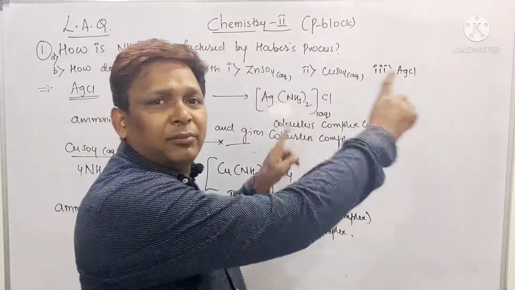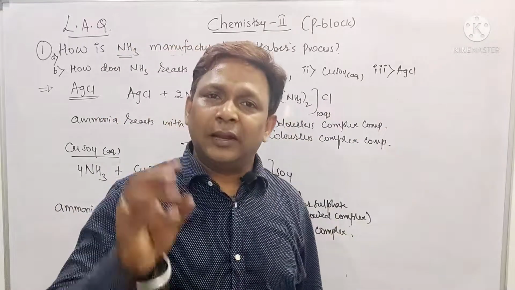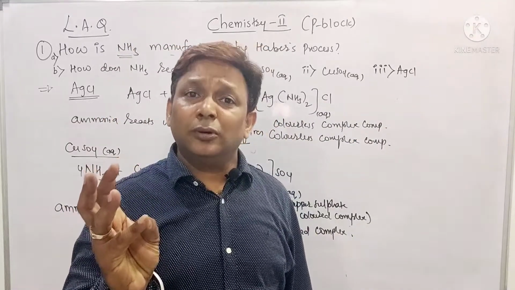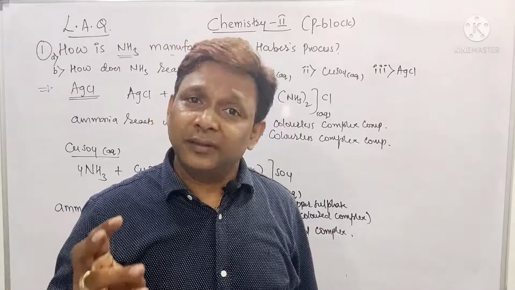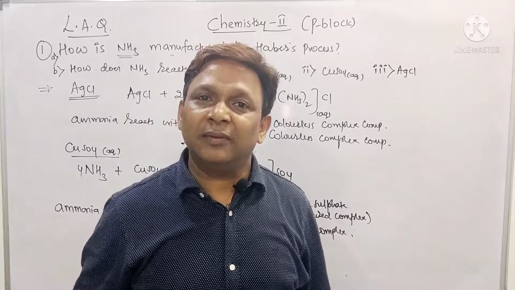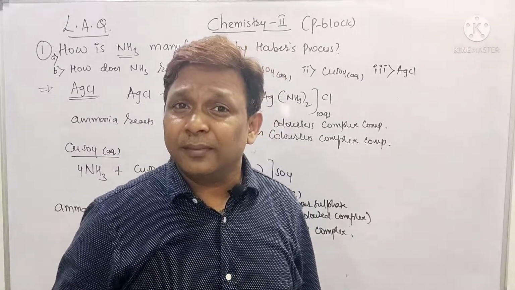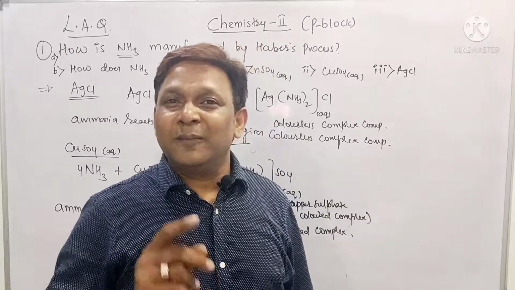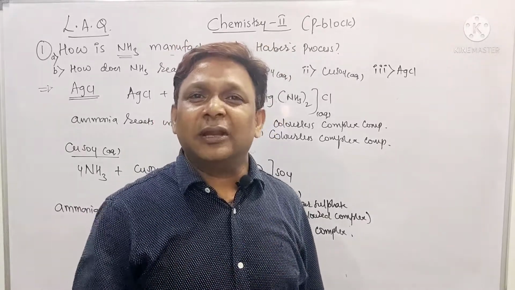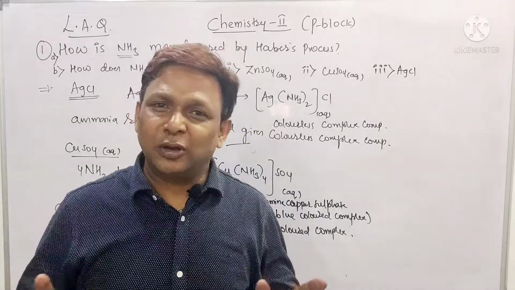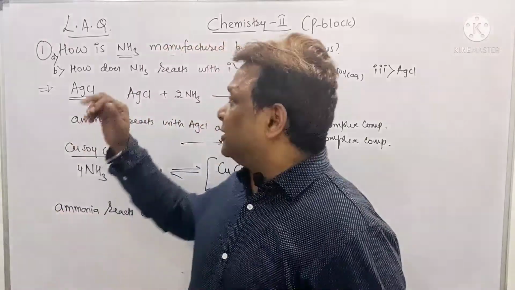Right? Then make one box of optimum conditions. Write down temperature 725 to 775 Kelvin. Pressure should be 200 to 300 atm. Catalyst should be iron powder. Promoter should be molybdenum. And the concentration of reactants N2 and H2 should be pure. First part over, we got the 5 marks. Come to the second part.